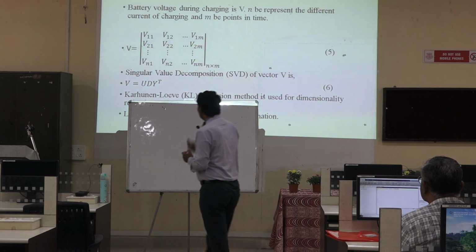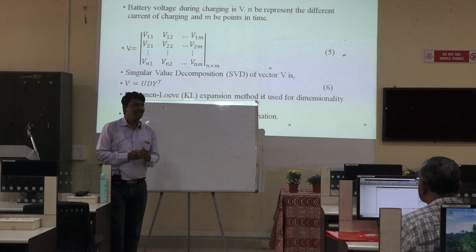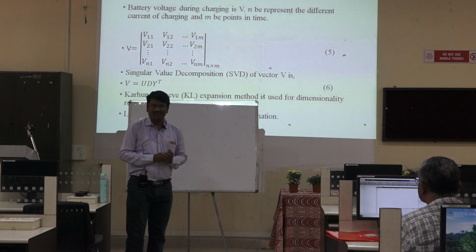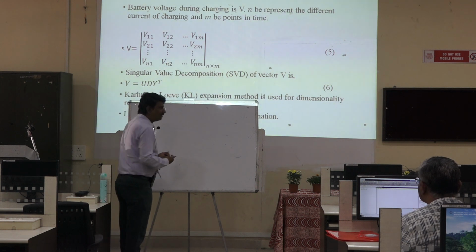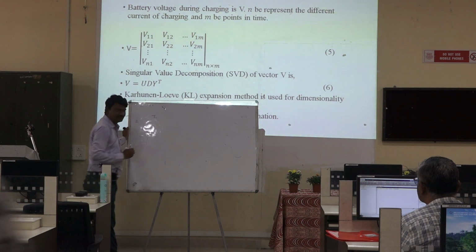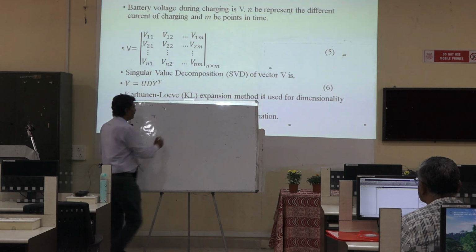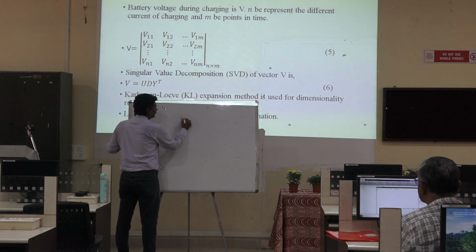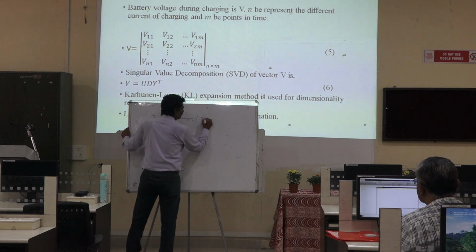Now you are observing the voltage. This is an example. The rows are indicating the currents. So V1 means the current I1. This is a constant current. This constant current resembles the charging current or discharging current.